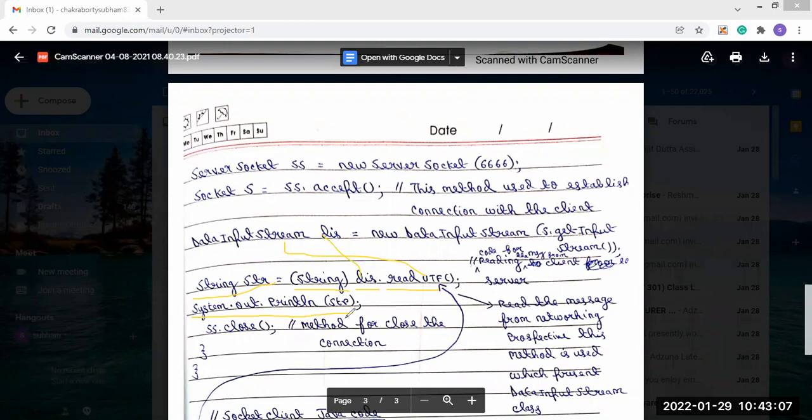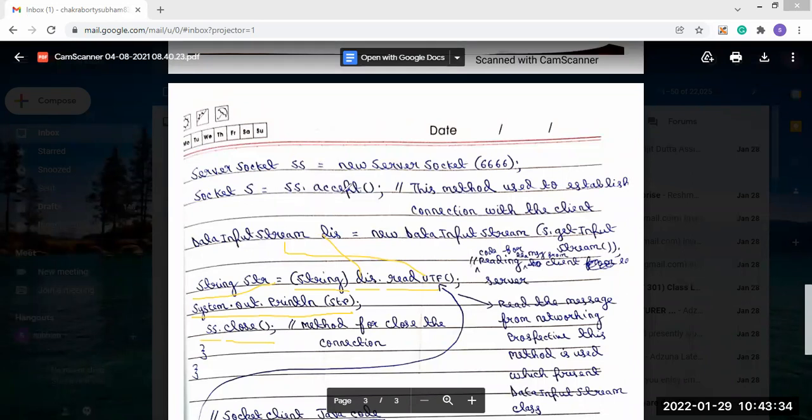So what we will do is terminate the connection. That means the connection which we have made should be terminated. Now how will this be terminated? The method name is the close method. Using which object? Using the ServerSocket object we call the close method.